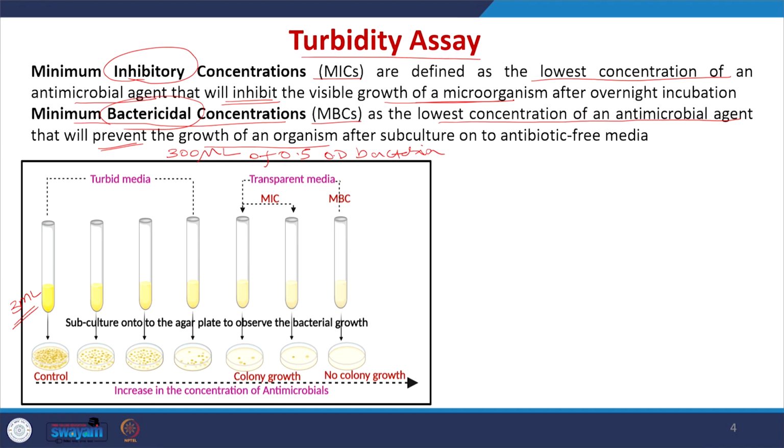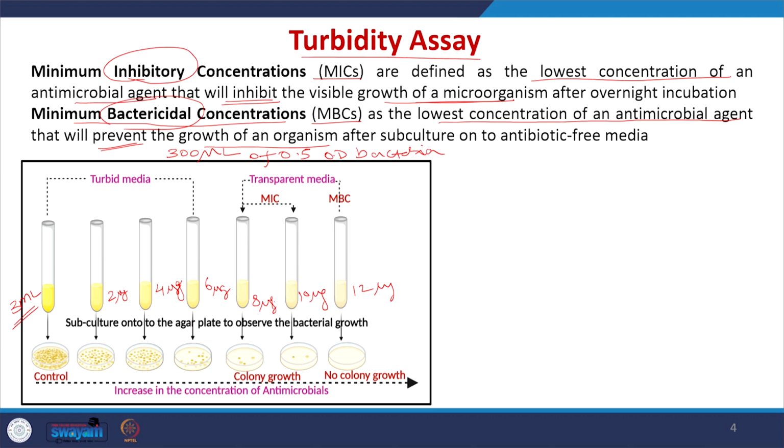For example, if you have made some new nanomaterials and you want to study the antibacterial property of the new nanomaterial, we do not know at what concentration it will inhibit or at what concentration it will kill the bacteria. So, for example, in this case we can add 2 microgram, 4 microgram, 6 and 8 microgram and 10 microgram and 12 microgram. Once you add various concentration of your nanomaterials, then you can incubate overnight.